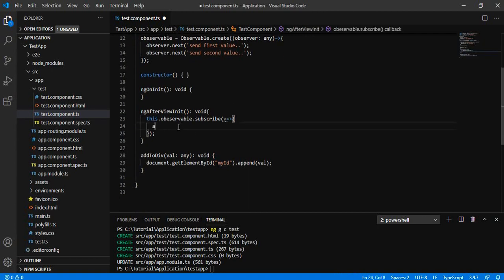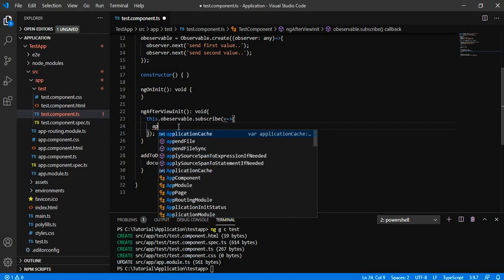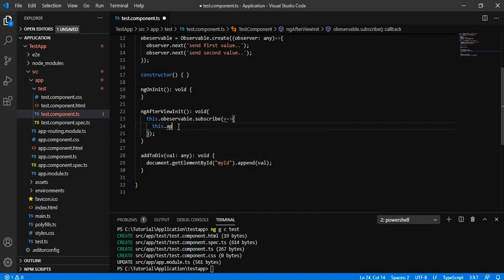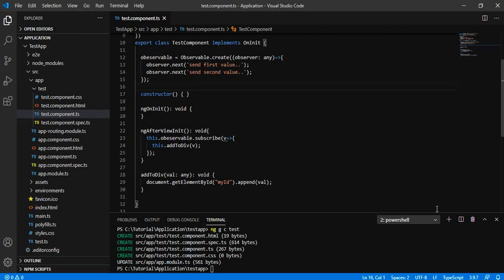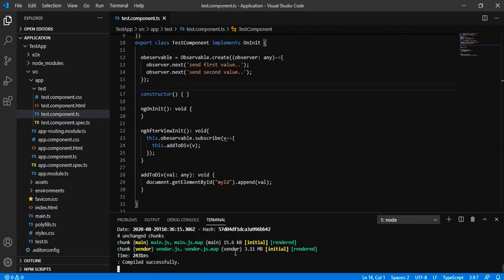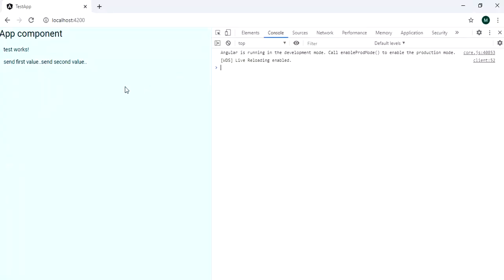Let me call this addToDiv method inside this in order to send the value and append it to that particular div so that it is visible on the HTML. So these two values have been sent and will be available on the HTML page when it runs. Okay, now we can see the first value and second value are being sent and appended to the div.